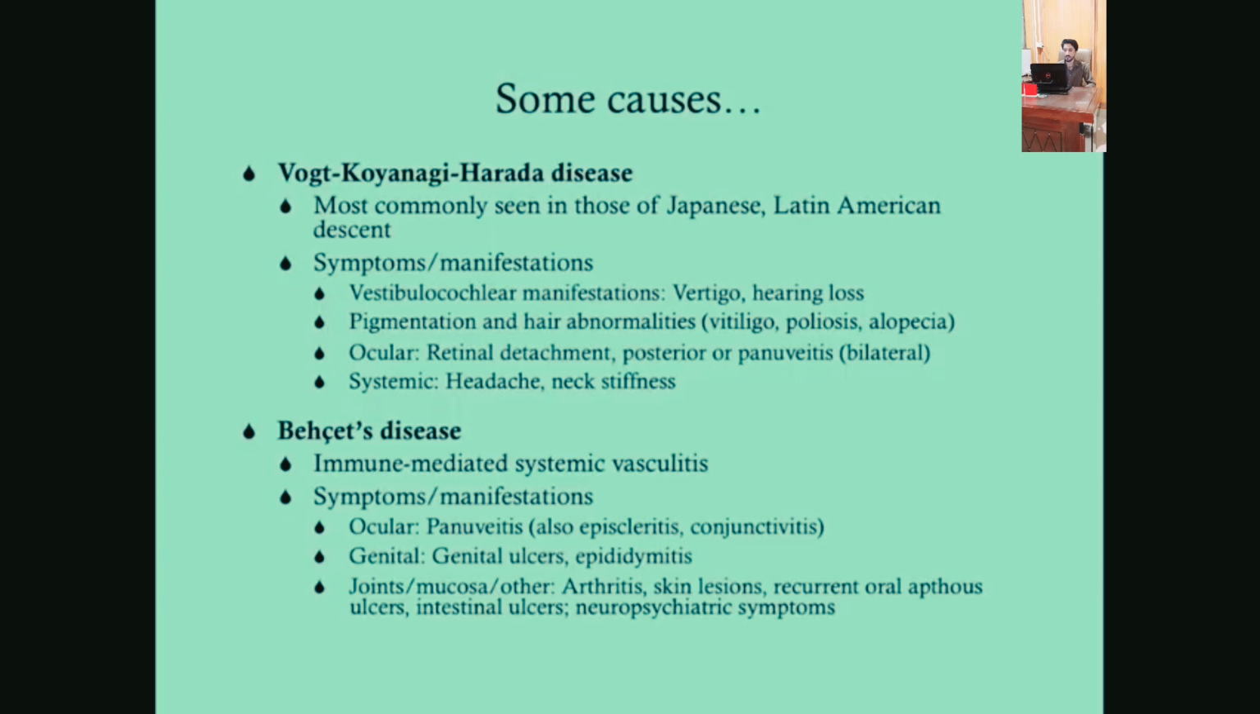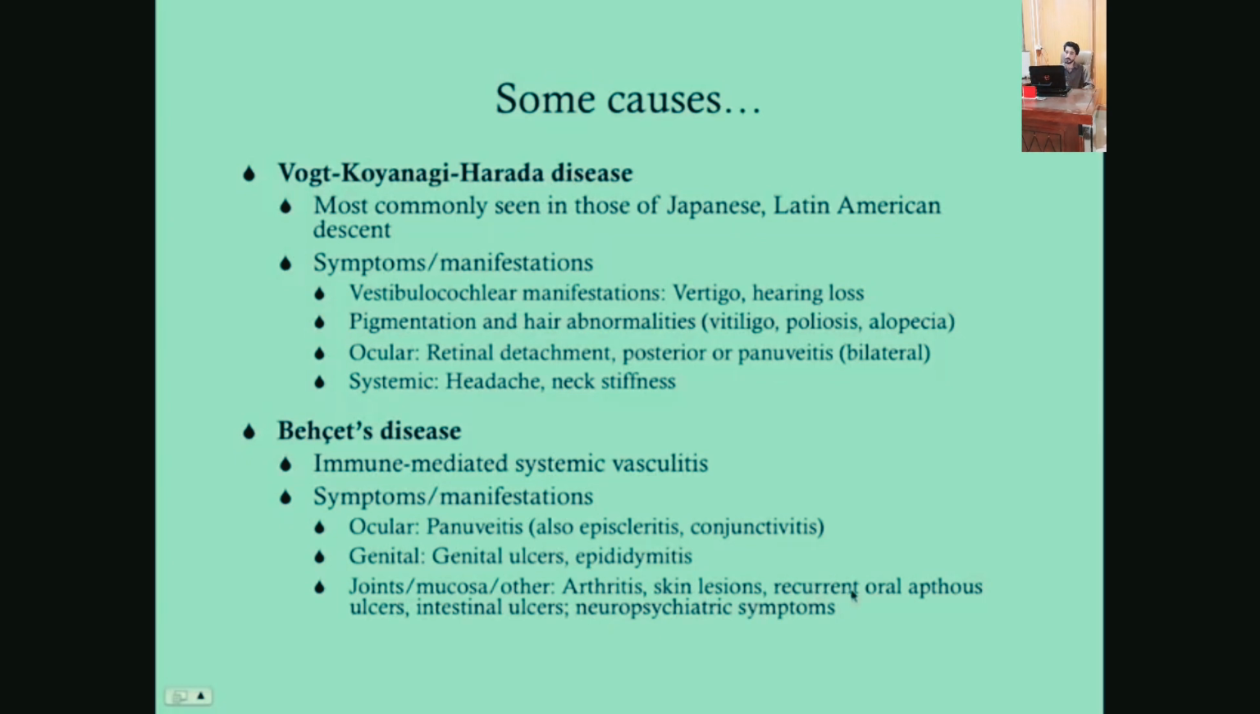You can also get episcleritis and conjunctivitis with Behçet's disease. Can't pee, that would be your genital ulcers and epididymitis, which would make it painful on urination. And then can't climb a tree, that would be your arthritis. So you get arthritis, you can also get skin lesions,